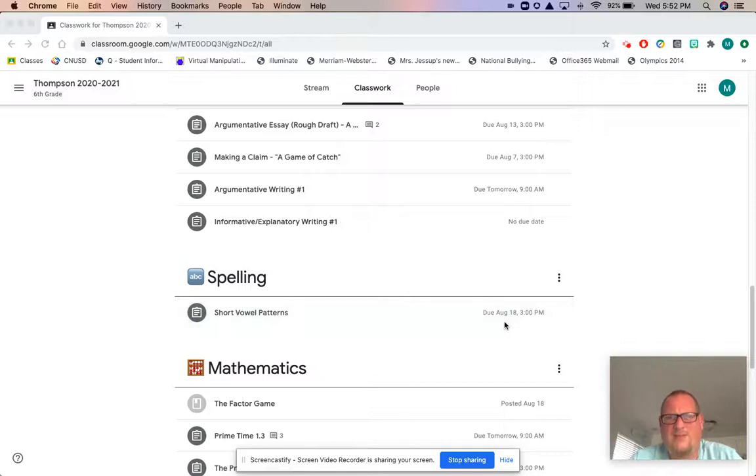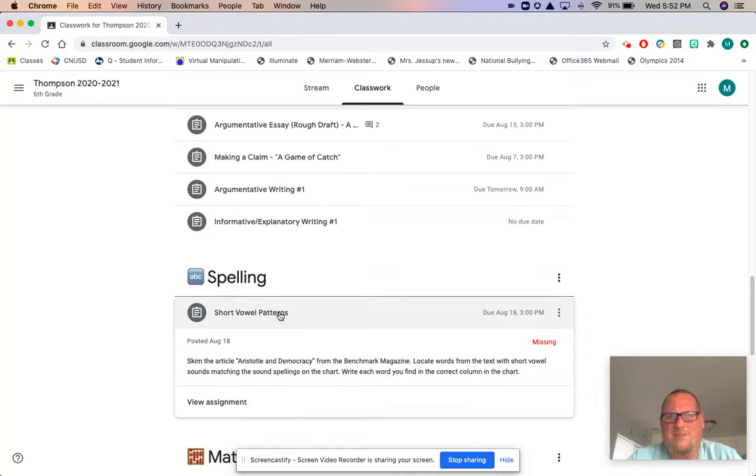Hey guys, so it seems like some of us are still having a couple of issues with Cami. So I wanted to show you exactly what you should be doing and how it works. So for example, in our spelling assignment, which used Cami, or on one of our math assignments, if I click on the assignment and open it up,